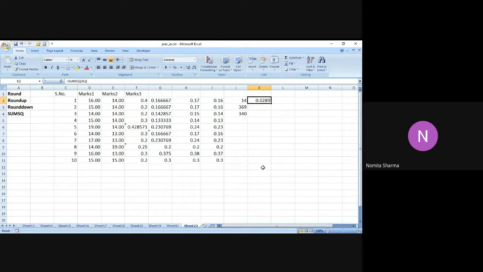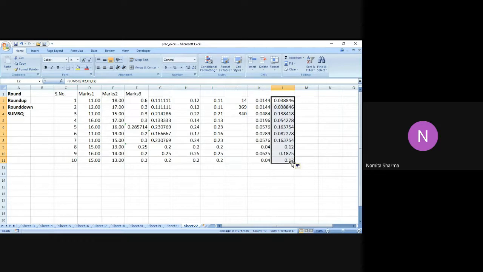It is going to return the sum of squares of the value which I have mentioned over here. Let me try writing the cell addresses in the bracket. I hope it will take it. Let's see. So GHI2 has taken it. So we can give the cell address also instead of giving the numbers in the SUMSQ function.